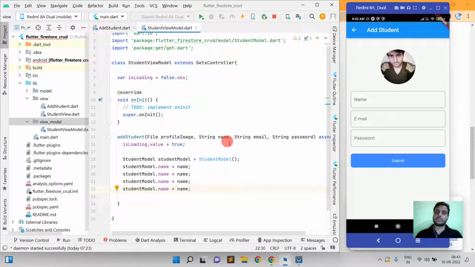So add all these past variables into this model. Okay,